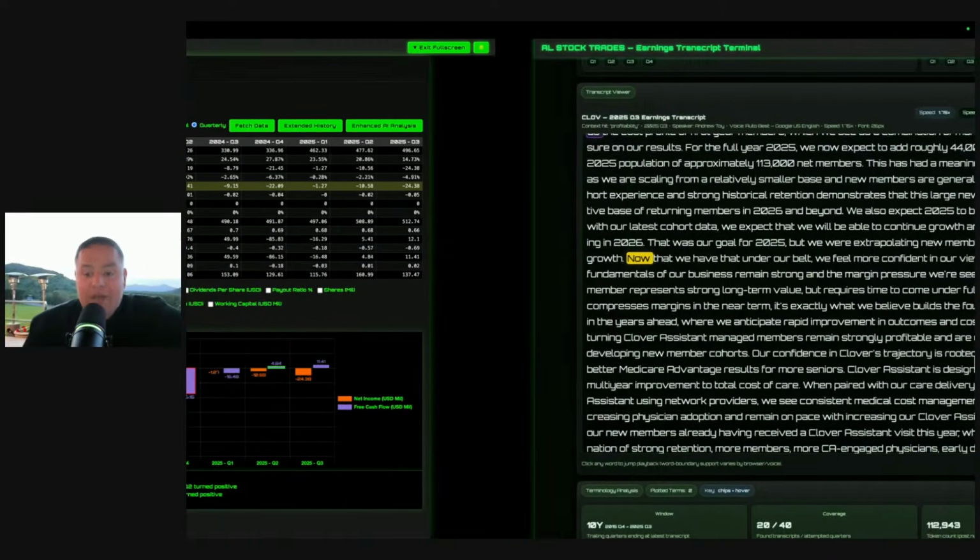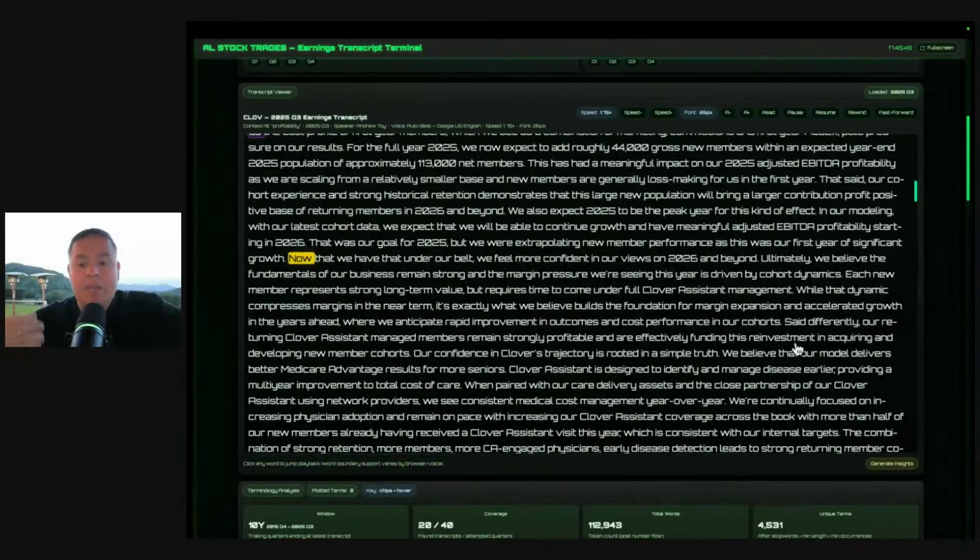And that's because those are the new members. We just got to take these new members and cycle them and push them through the Clover Assistant, right? That's what they're going to basically try to do right now, trying to get them to be seen so they can manage these patients really quickly. And then they're going to be getting new sets of people that they got to push through this technology, and hopefully these costs end up going down.